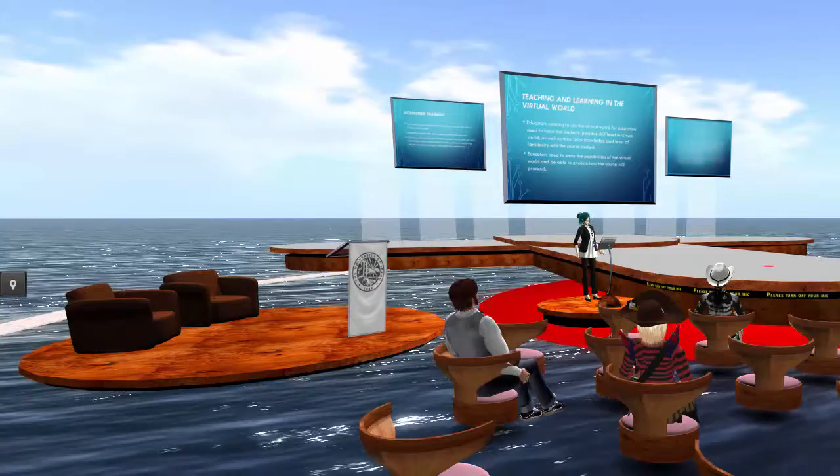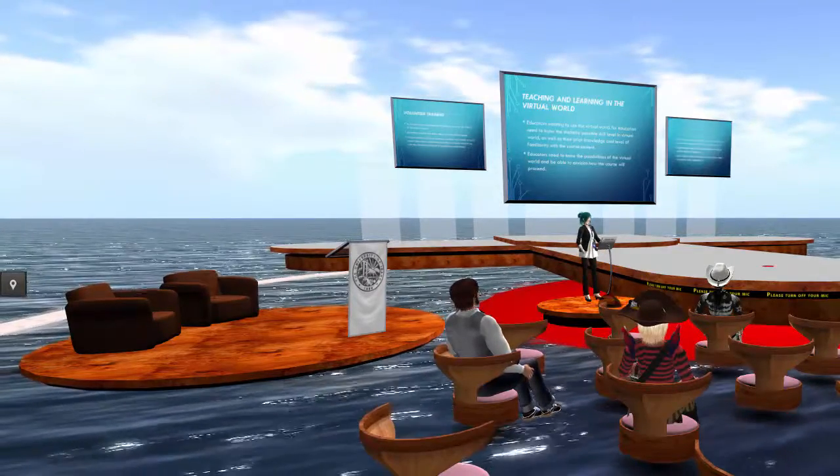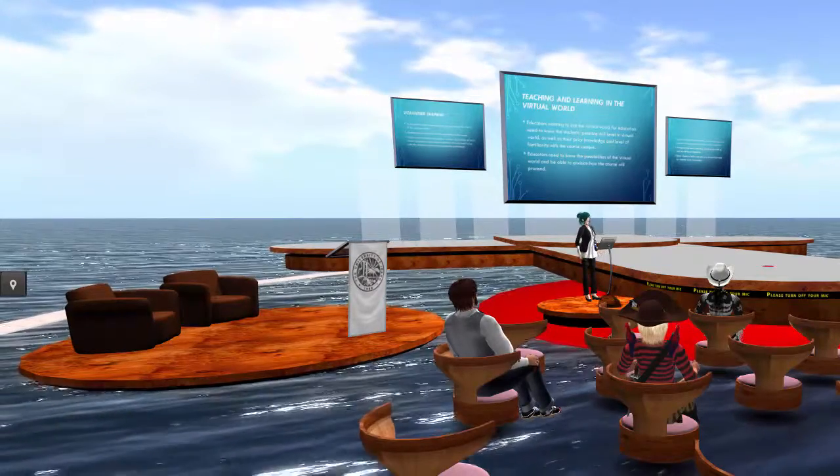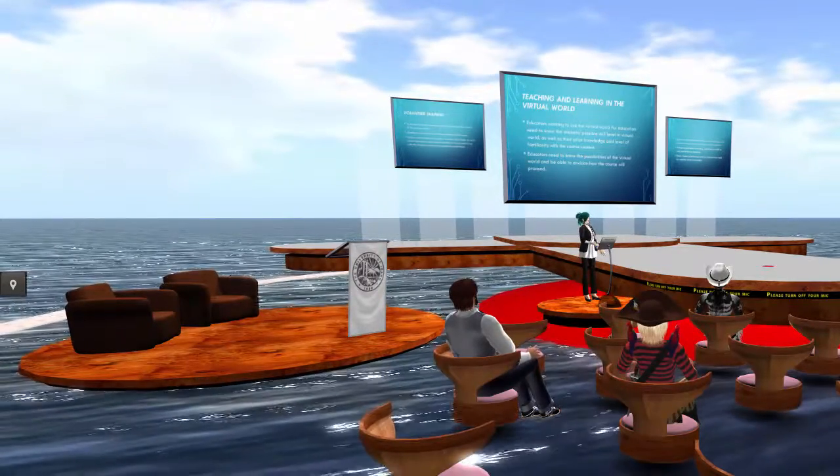Teaching and learning in the virtual world are actually not easier than in the real world. Preparation for teaching in the virtual world may even take longer than in the real world. Educators